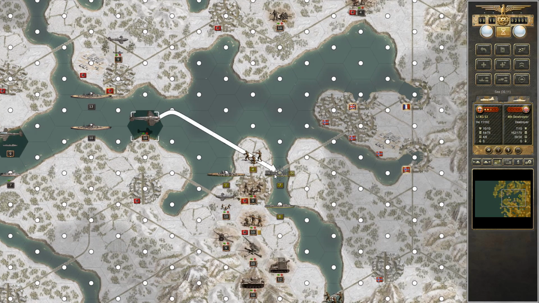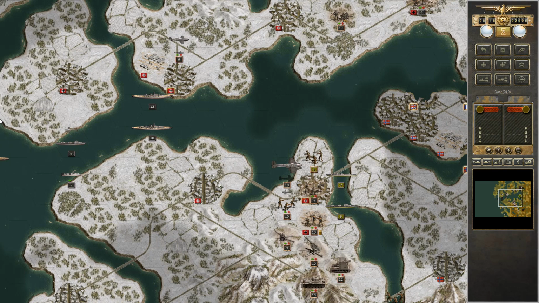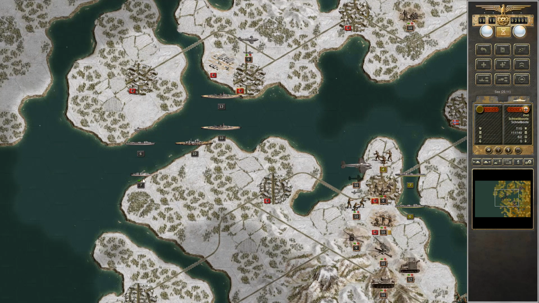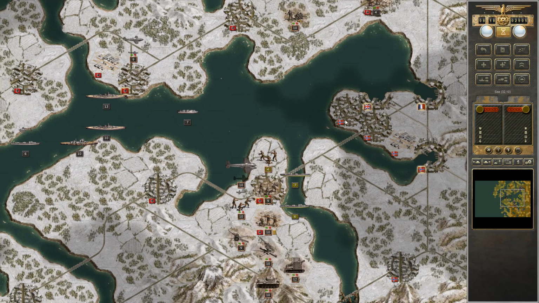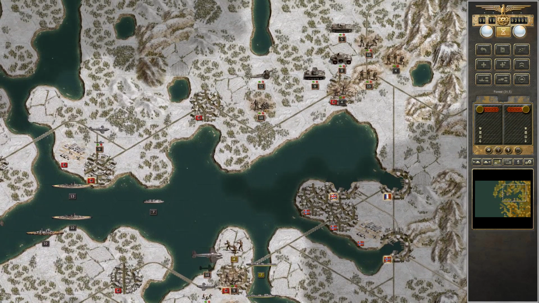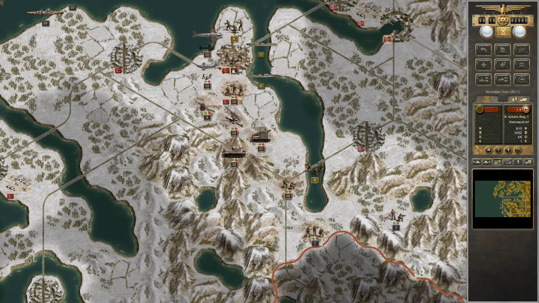Seems like they're now trying to block off this route, which is a pretty good tactic, actually, if you ask me. Now, luckily I will have control over the bay, and there won't be that much that they can do. I mean, I can't pass through here now. But...